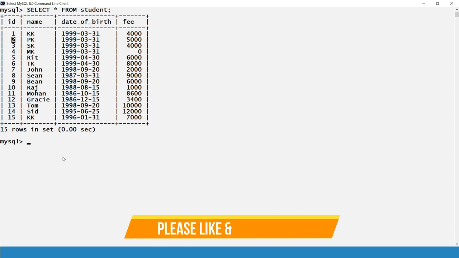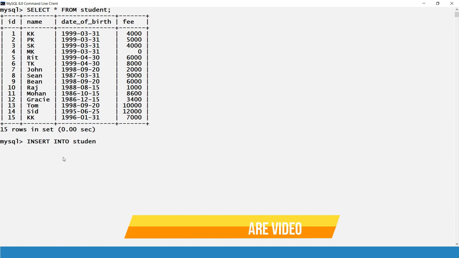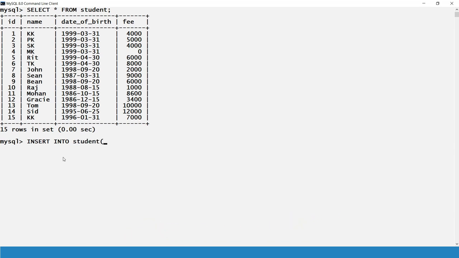So let's try to insert a record. I'll say insert into student, and let's specify the column names like name, date of birth, and then fee. Of course, after that we have to give the values keyword.